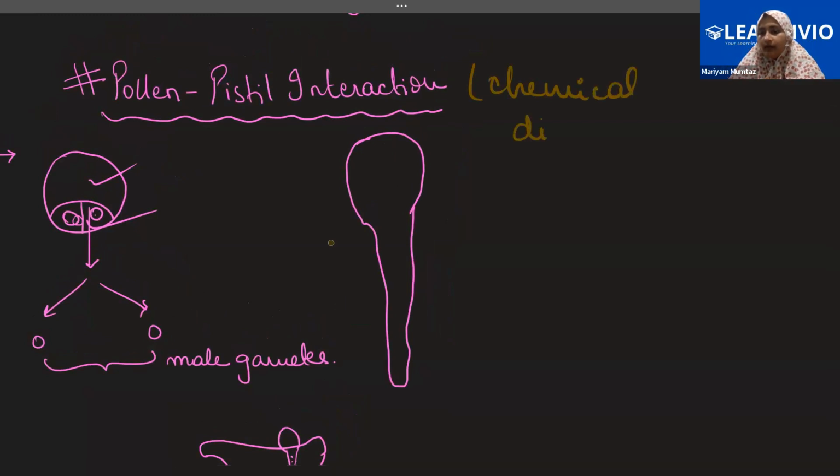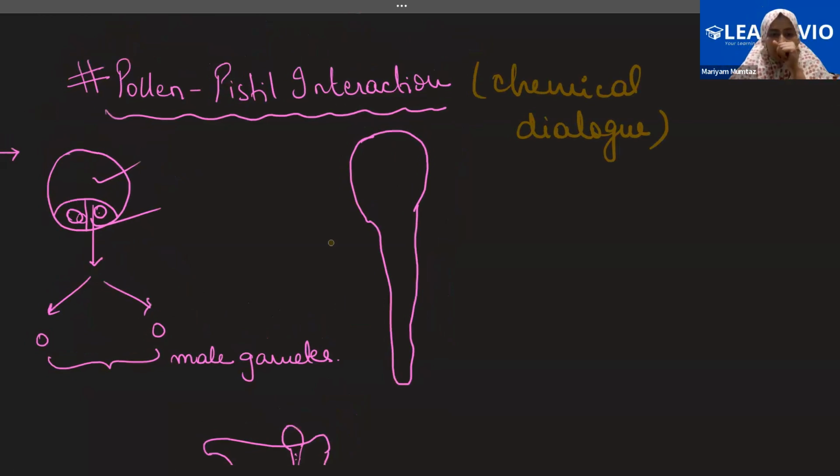What is a chemical dialogue? They'll talk in chemicals. They will exchange certain chemicals, or the release of certain chemicals will happen, because of which the pollen tube germination will take place. Okay. Now,